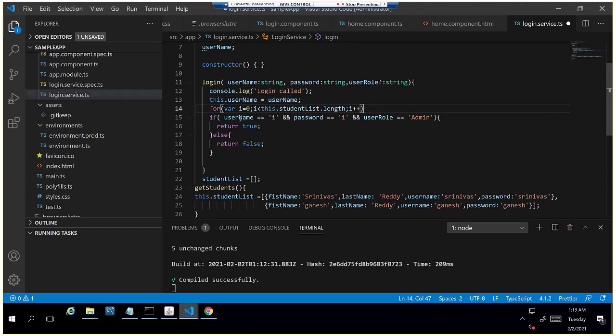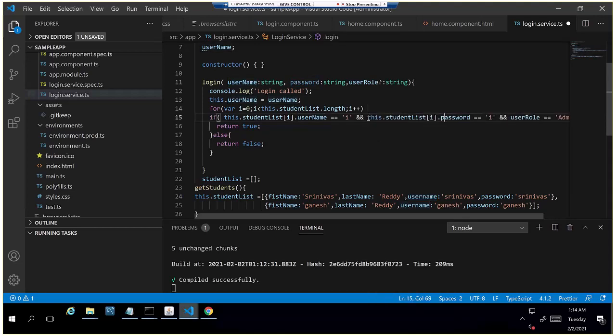The if condition is the same, but here I'll access the username from this list using the index, index dot username like this. So I'm getting the index value, and from that object I'm getting the username. And similarly for password